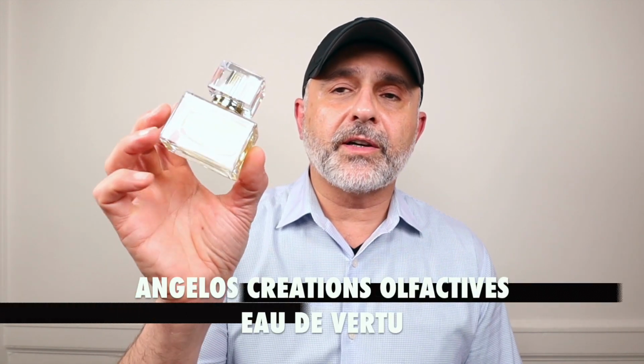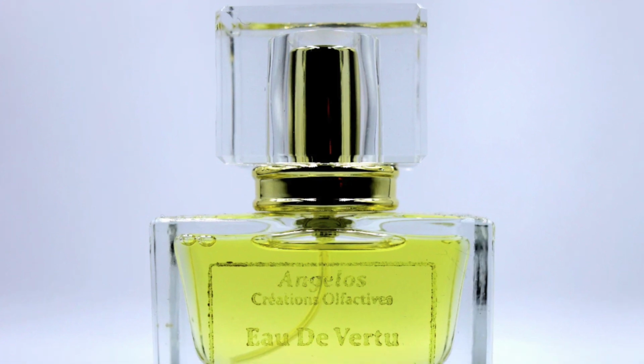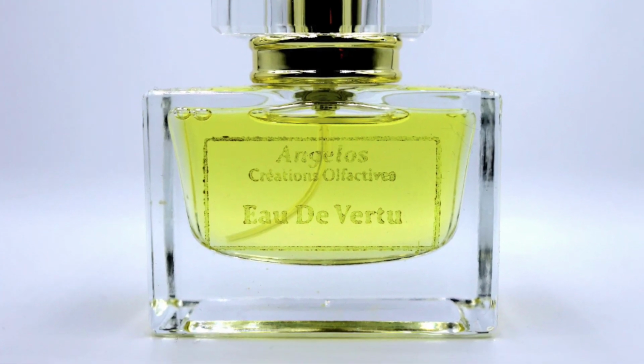Next up, going to the house of Angelo's Creations Olfactives, it's Eau de Verre 2. This is a great minerally, spicy, floral, woody, musky fragrance that I really, really enjoy. This is another fragrance I featured in my scent club in kit number 1 when I was first launching it. And it's a beautiful fragrance that is perfect all year round. I think also in the summertime it comes alive. For me, when I'm wearing it in the summertime, I feel like there's a bit of a musky Ambroxan touch under there. Could be that my nose is playing tricks on me, but it leaves a